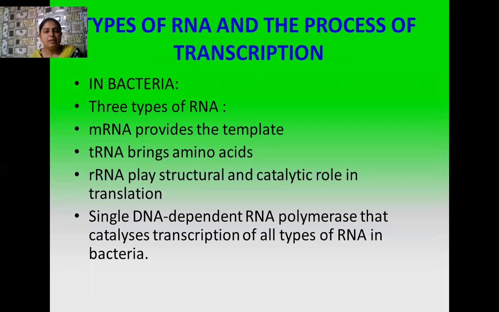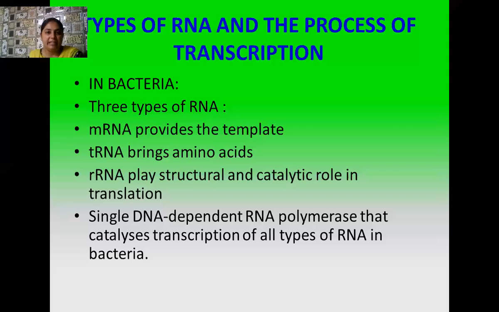Okay, students. So I'm going to discuss the process of transcription in case of prokaryotic organisms. As you know, students, prokaryotic cells are generally such type of cells in which membrane-bound organelles as well as a membrane-bound nucleus are absent. So this means the nuclear material or the genetic material is freely suspended in the cytoplasm. Here I am giving the example of a prokaryotic organism, and this is bacteria.